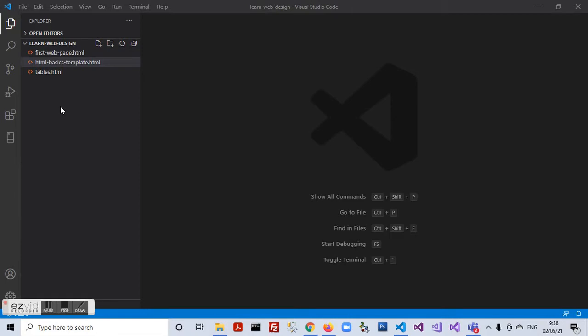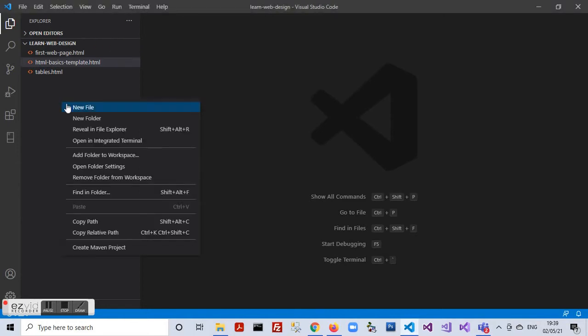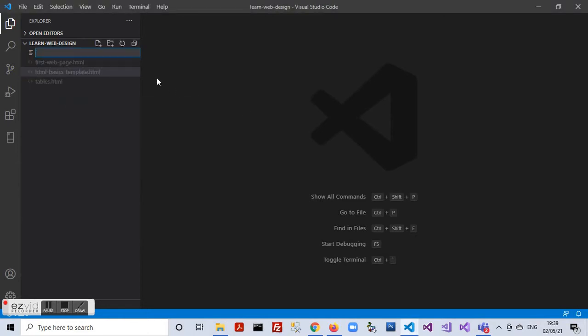So first of all, let's understand the basic structure of an HTML page. For this, let us create an HTML document. I am using Visual Studio Code for this purpose and you may use any text editor of your choice. It may be Notepad or some other text editor if you are using, let us say, a MacBook or Linux, you may use any text editor of your choice.